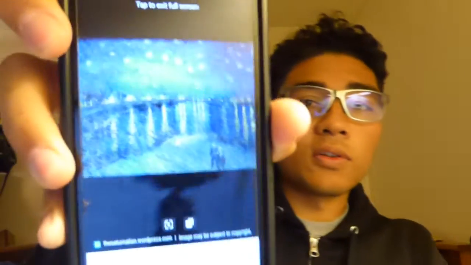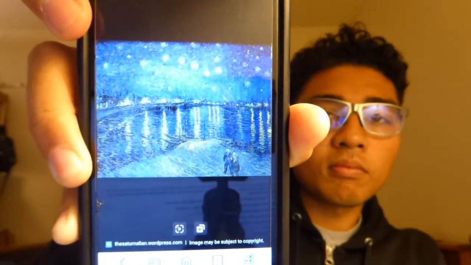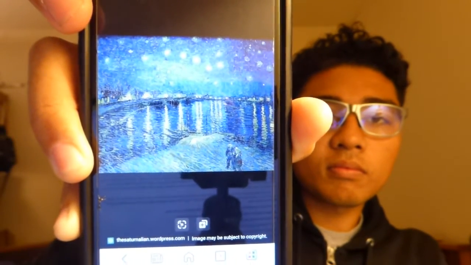Originally the art piece was called Starry Night, not A Starry Night, but originally it was called Starry Night Over the Rhone. And this is how the very first painting actually looks. Yeah, so this is how it originally was, and it's an oil on canvas painting from 1888,